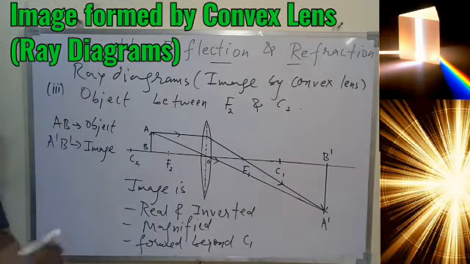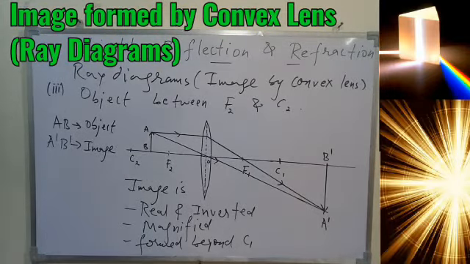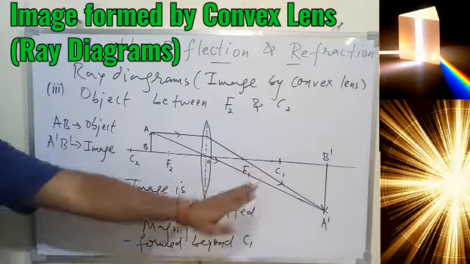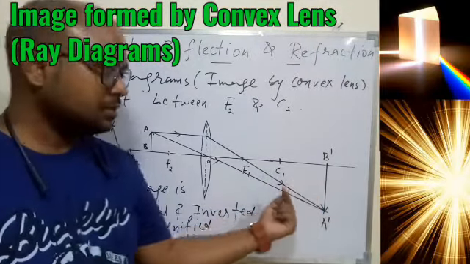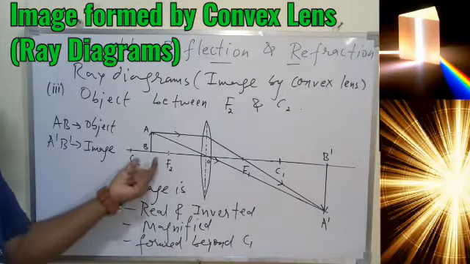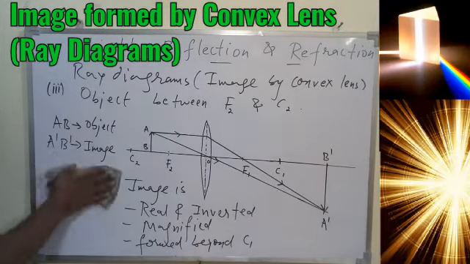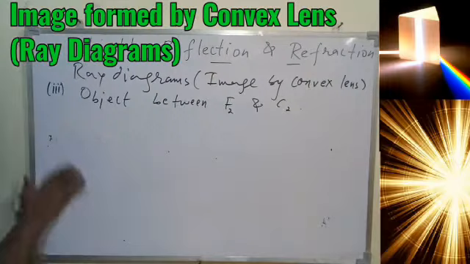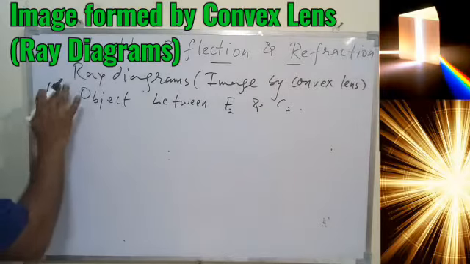So that is a very simple diagram, and just by the simple rules we are able to get the entire characteristics of the image. So I hope you understood. If I place the object between C and F, anywhere in between these two positions, image will be magnified, real, inverted, and it will be beyond C1. There will be a minor shift in the position of the image depending upon where you place the object between C and F, but all the time characteristics will be same. Okay, so let's go for a few more cases, and rest you can try yourself at home, and you must practice, otherwise your ray diagram will not be so clear.